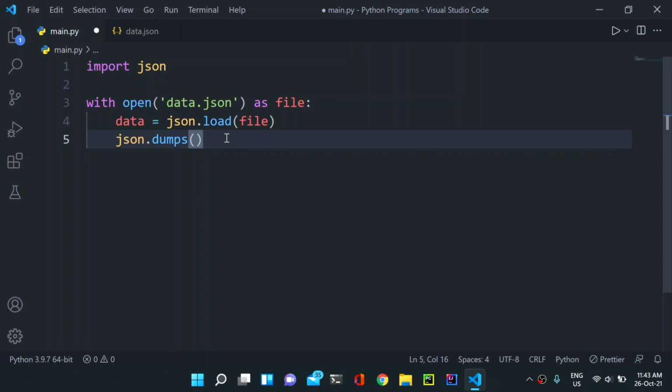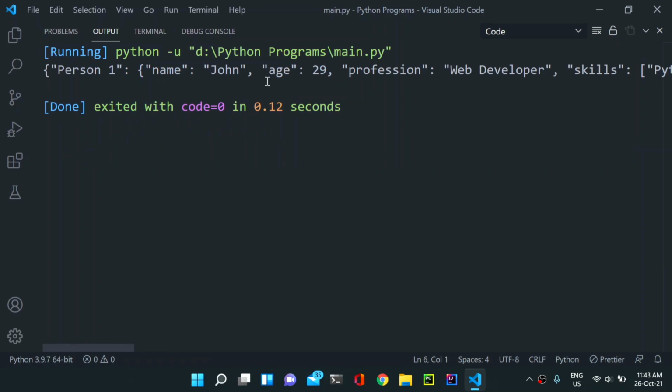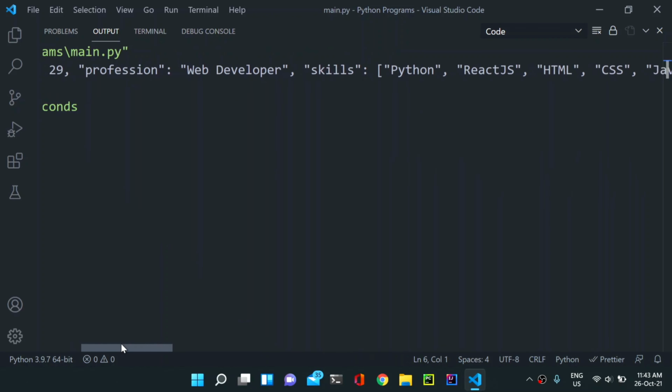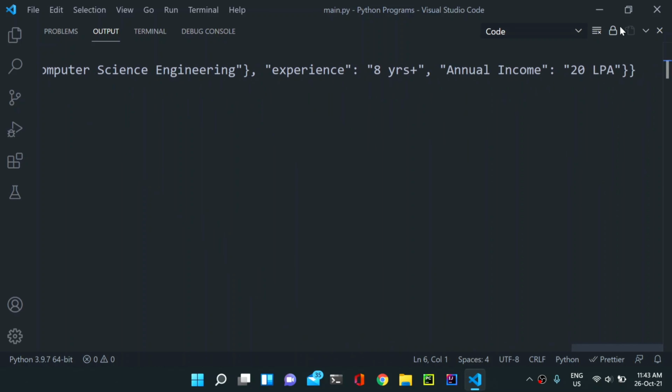So we are converting this data into printable data, and then we will simply print it. So we will print json.dumps of data. Now with that, let me run this code, and here you can see we have all that data. As you can see we have this data.